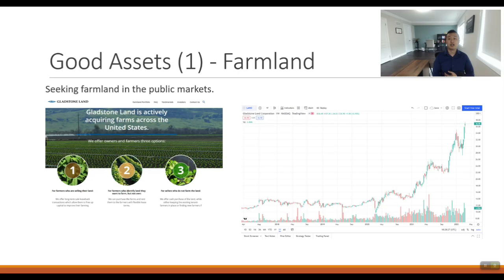But let's say you're not, you have $10,000, $25,000 in the portfolio and you want to protect your purchasing power. There's also farmland exposure in the public markets. Not a lot. The best one is probably Gladstone Land. This stock has absolutely been going berserk to the upside. If you look at this chart on the right side, ever since September. I think October was the time I put my money in the private farmland fund, and it has gone up by 1% since.